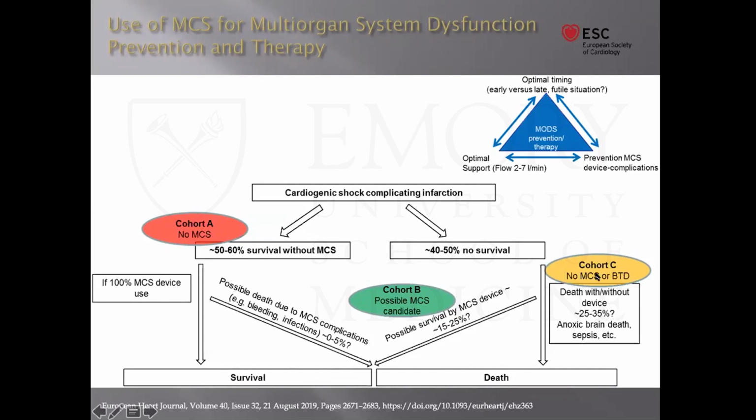What's hard for us now is identifying factors to clearly identify which cohort patients are going to be in when they first present with cardiogenic shock. But the only reason I put this here is to just outline that the use of an Impella or balloon pump is not going to be a guarantee of victory here, that a lot of these patients are going to die. And it's a very difficult patient population to work with. But if you don't do the diagnostic workup, you may end up with more of these patients in the no survival group.